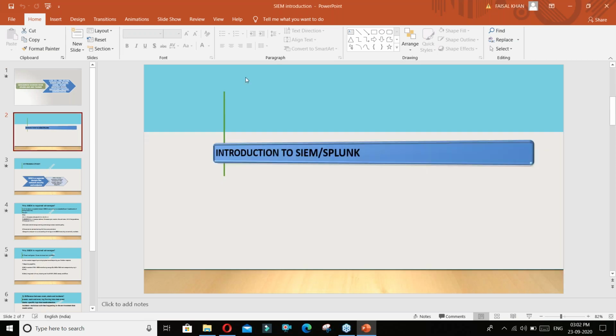So, guys, today we have gathered together to discuss SIEM, what SIEM is, and what Splunk is, how it is utilized, what its advantages are, and all those things. Okay, so I'm beginning the session. I hope my screen is visible to all of you. So guys, before digging into Splunk, the important thing is you must understand what SIEM is. SIEM is the main thing under which Splunk comes.